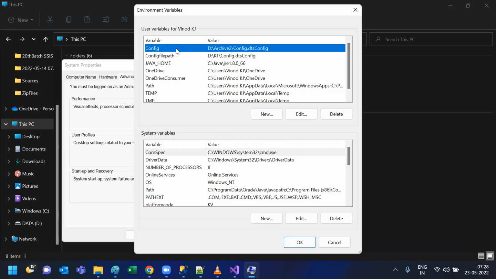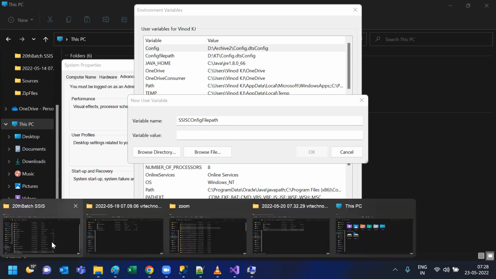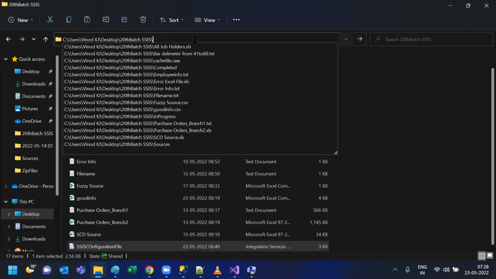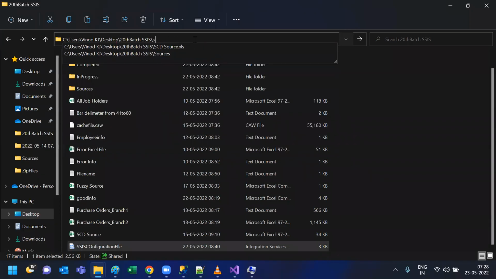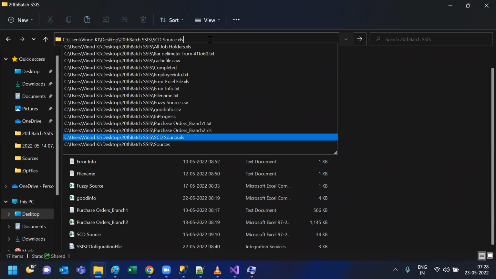Now you go and create a new variable here, saying SSIS config file path. So where exactly is your config file in the dev environment? C folder, correct? No, just consider that now it is the C folder. Where is that? I'm not able to find it here. Why? SSIS. Okay, anyway, what you can do,